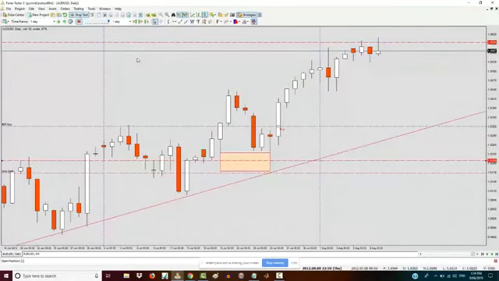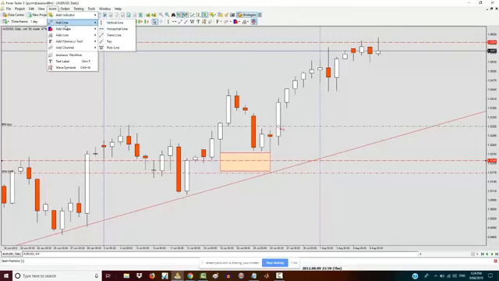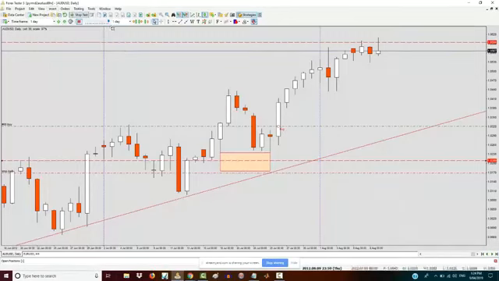The question is, does it have any space? And the answer is it does. Very little space here, this much of the candle. So there is a little bit of space here, not much, but technically the last time the candle printed here,